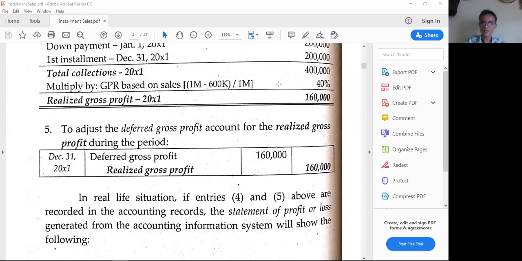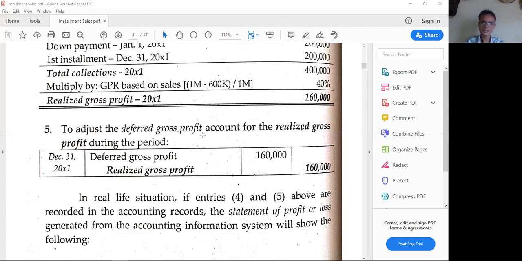So this would be like a different rate. Anyway, if this is based on cost, it's going to be 400 over 600. So that's going to be a different rate. And this is 40%. So 400,000 times 40% equals 160,000. Also, remember that under financial accounting and reporting, when the problem is silent, we really assume that it